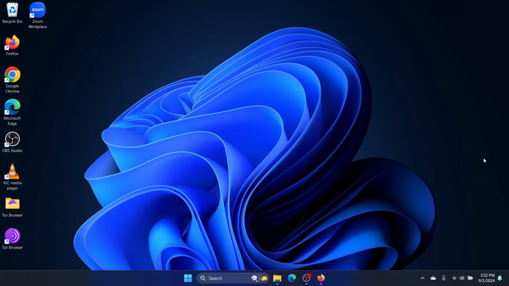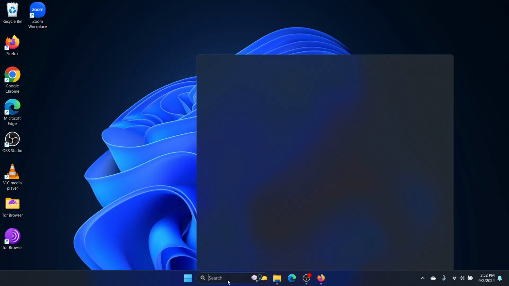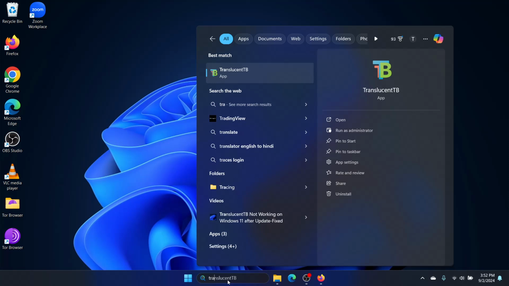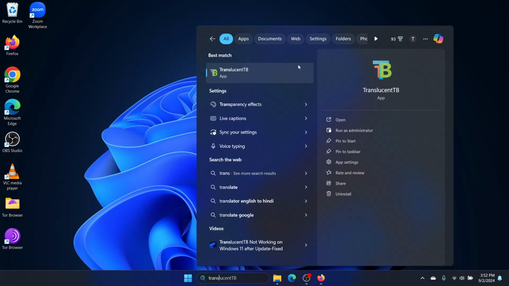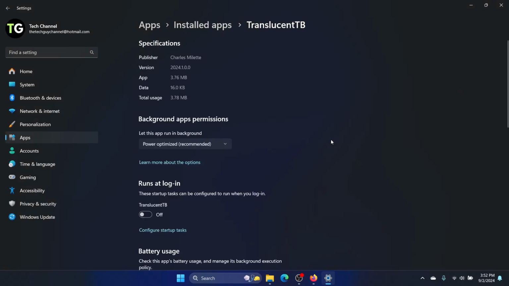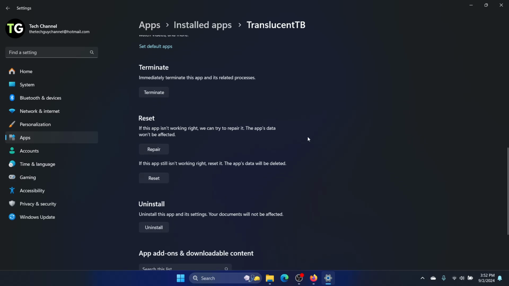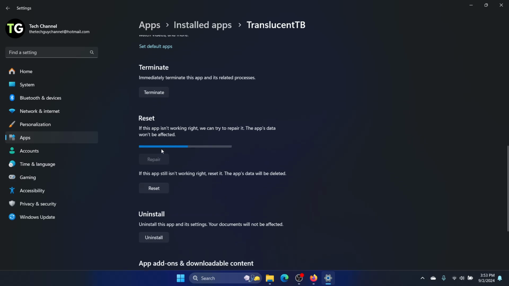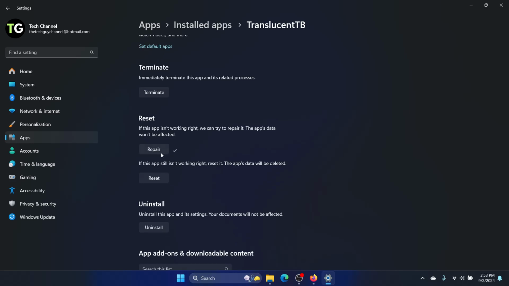If TranslucentTB is not working on your computer, then watch this video to fix it. Now the first thing we can do is search for TranslucentTB in the search bar, and here we'll go to app settings. Once it opens, we'll scroll down to look for repair and reset. So we'll click on repair till we get the check mark, and then we will click on reset and reset